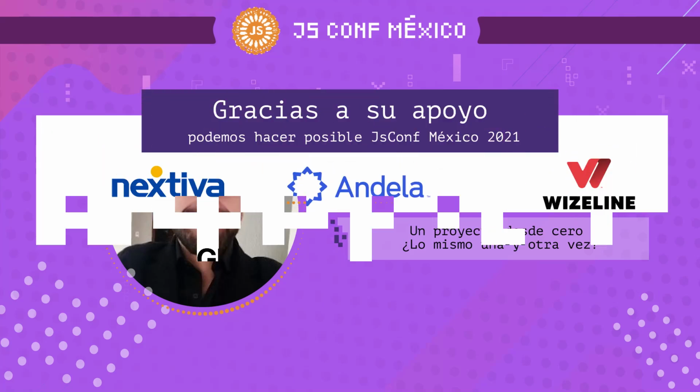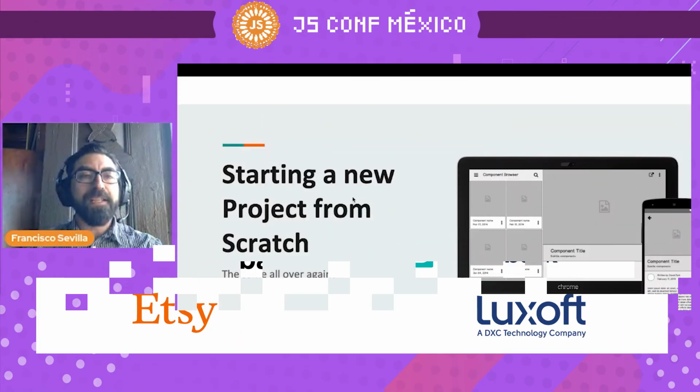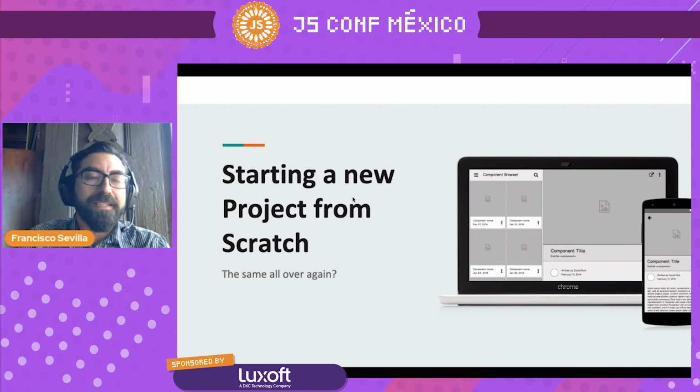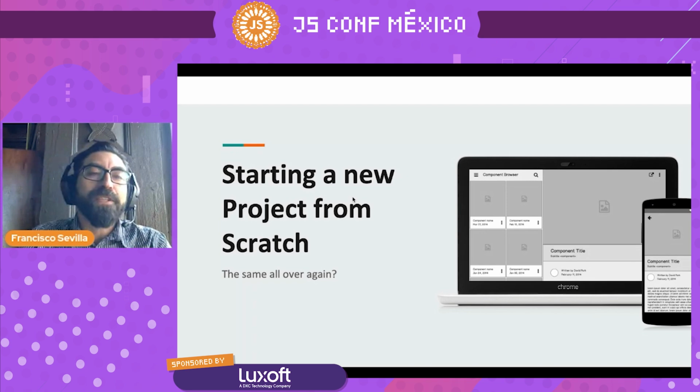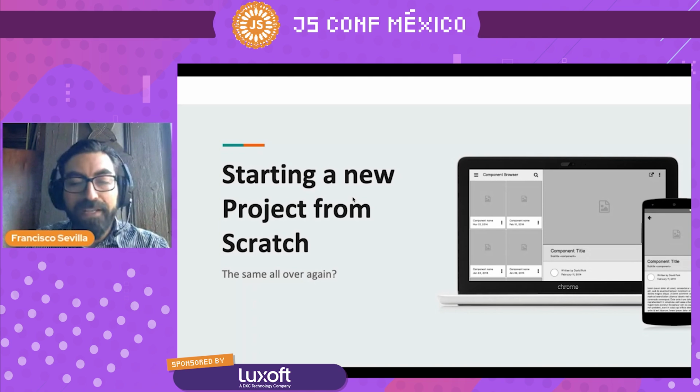So we're going to talk about starting a new project. This is a stage of development that we all care about. Each of us as programmers, each of us as developers, we look to be able to make decisions in projects, and we always want to work in a new project, not necessarily entering projects that already have rules, standards, code, and we just have to go in and adapt to this stage, to this technology, to this decision that somebody else made. So we're going to talk about what this stage is about and how we can make it easier